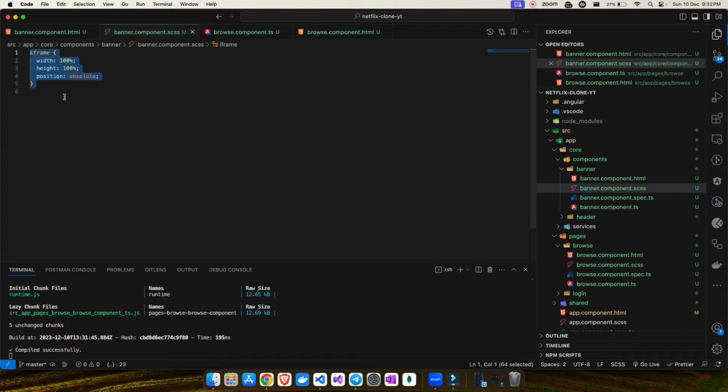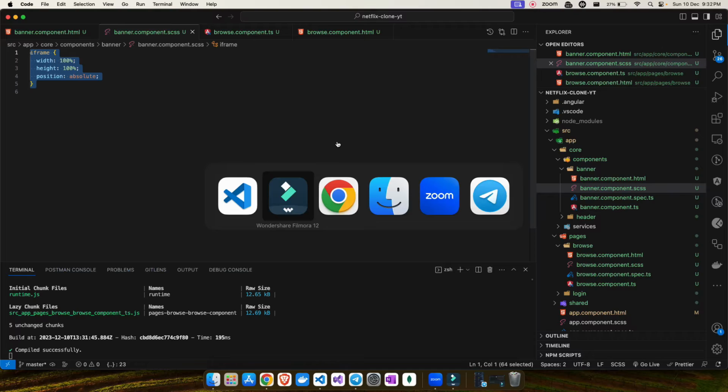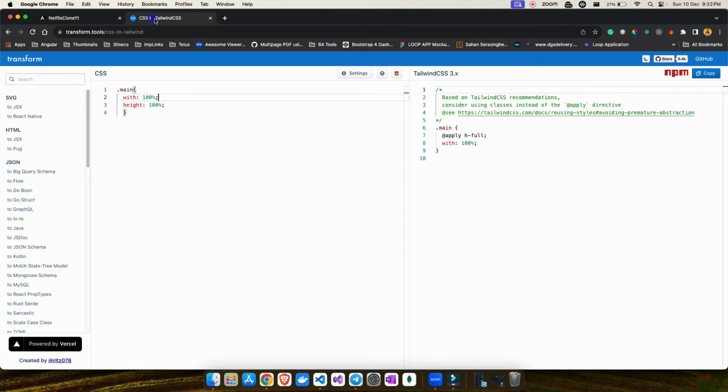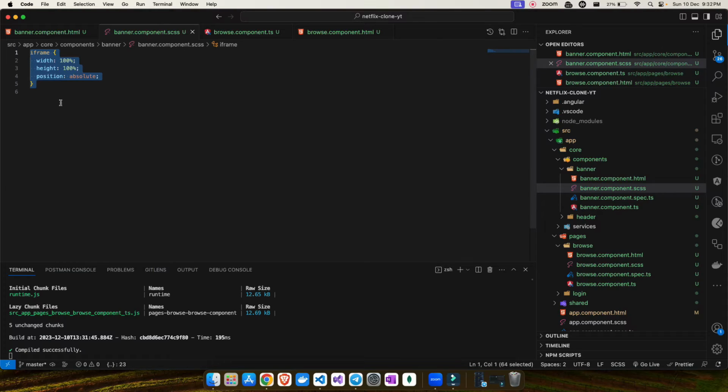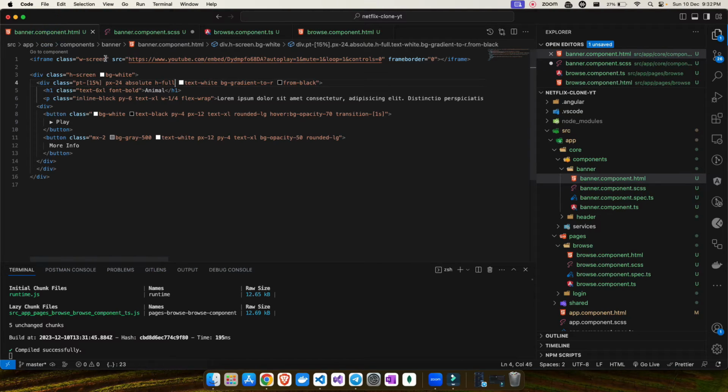Just to recall a few things, as I was telling you about the conversion, we have this CSS to Tailwind. What you can do is copy your CSS here, and it will help you get all the class names. That's why I always recommend, if you are a beginner with Tailwind CSS and you already know CSS, then you should use this website, and it will help you do the transformation. Now I can copy all these three names. Rather than using this iframe, I can remove it, go here in the HTML and put it here.